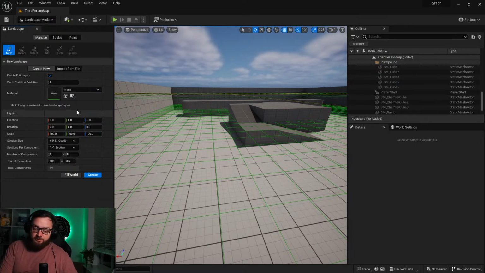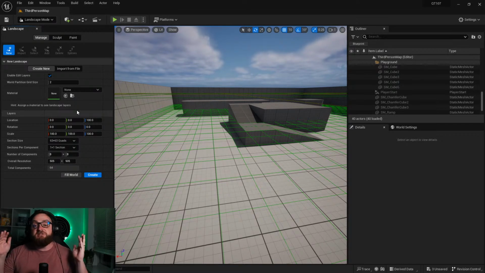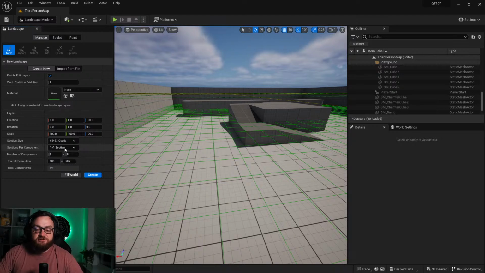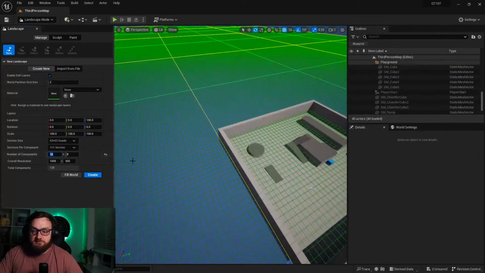If you are doing something that's going to be really detailed, with lots of tiny little details like little raises and bumps, you want it as high resolution as possible. That means as many squares in the smallest amount of space. So you may do a section size of 63 by 63, but you may increase the number of components, for example. And when you do that, you can see the overall resolution gets up a bit more. So if I change that to say 16 by 16,